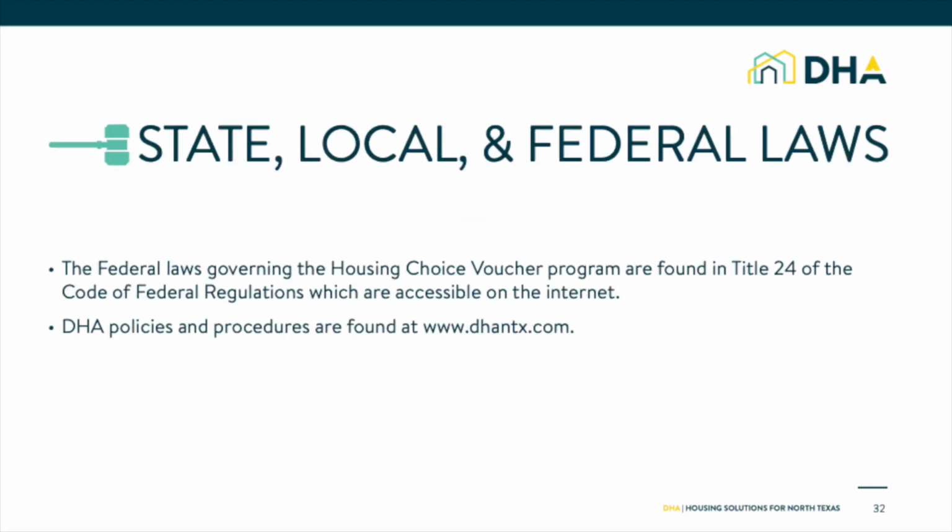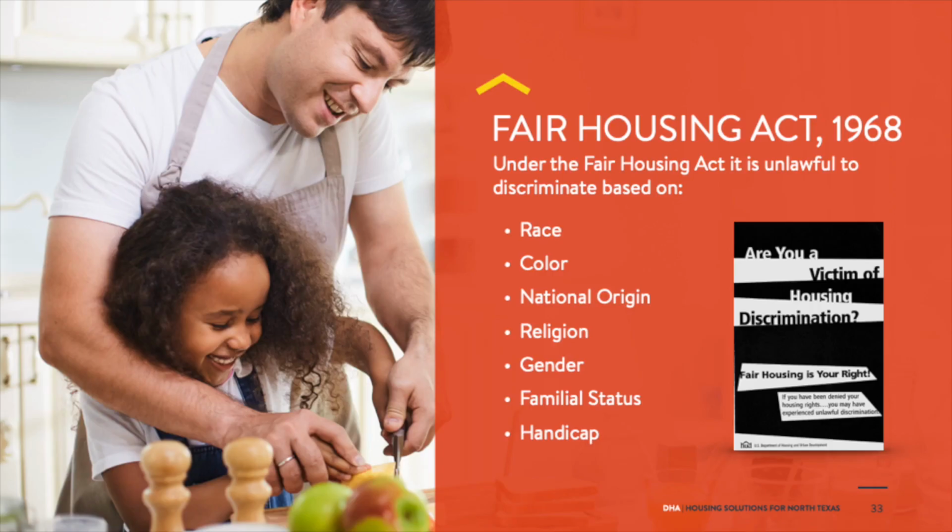The federal regulations governing the Housing Choice Voucher Program are found in Title 24 of the Code of Federal Regulations, which are accessible through the Internet. DHA policies and procedures are available at www.dhanTX.com. Under the Fair Housing Act of 1968, it is unlawful to discriminate in housing based on race, color, national